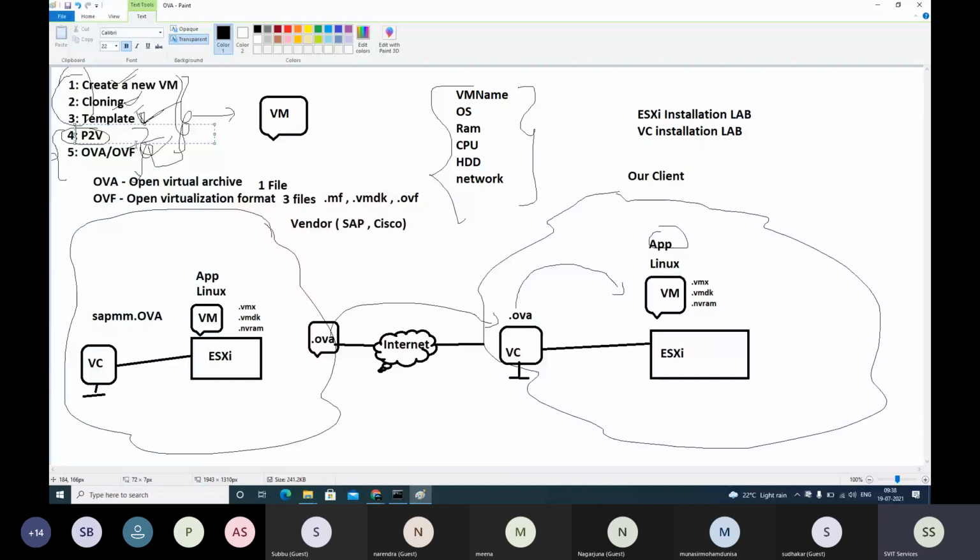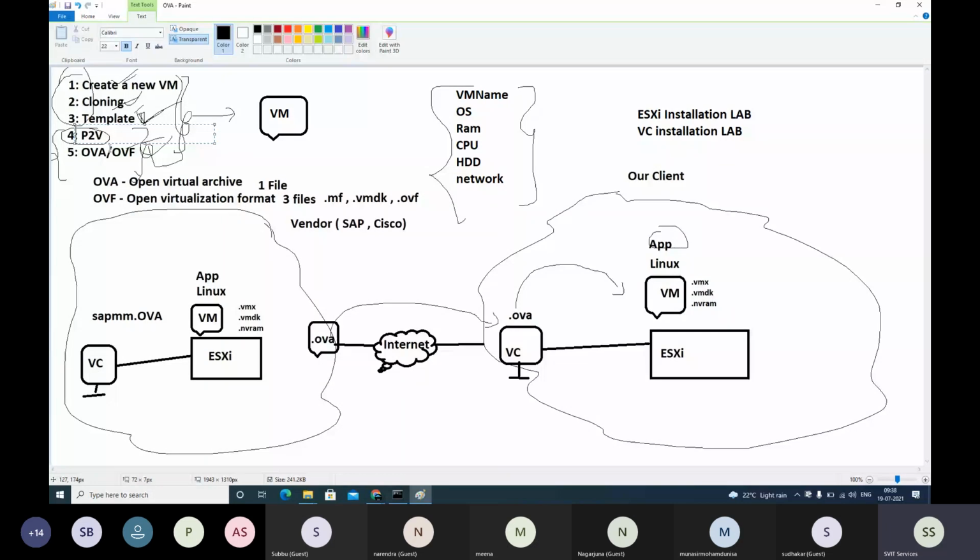Like, the customer has a physical server, used for the last 2 years, with some data in it. Now you don't want to run that application on a physical server, you want to convert it into a VM. So it already has 1 terabyte of data. To convert a 1 terabyte physical server into a VM, it will take 5 to 6 hours. If it has only 30 GB, within a maximum of 30 minutes it will be over. It depends on the data and also the network speed.